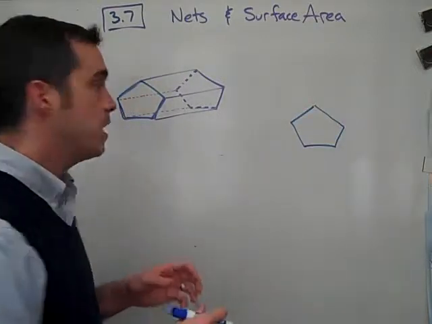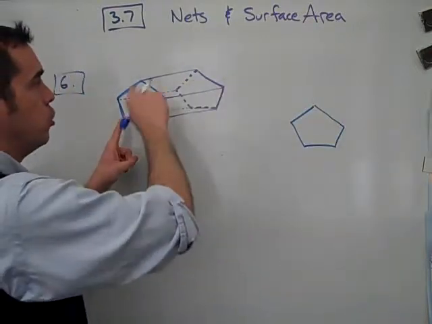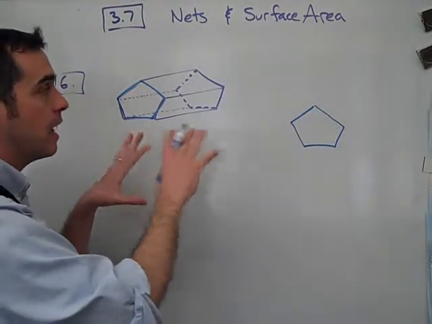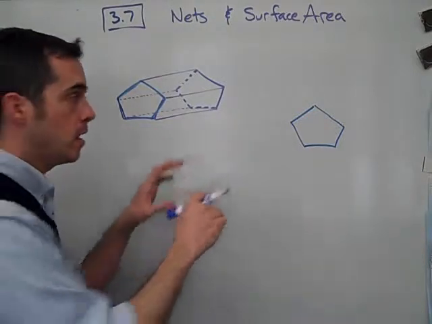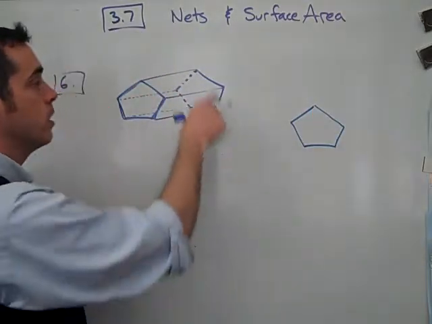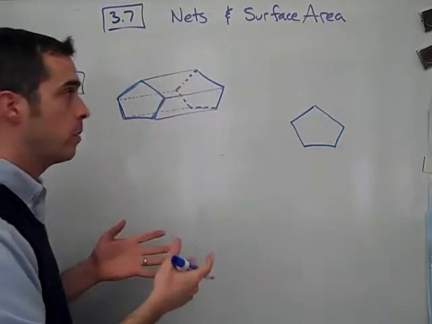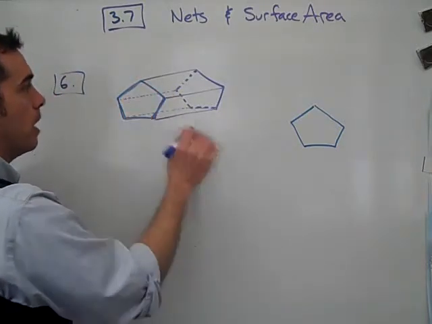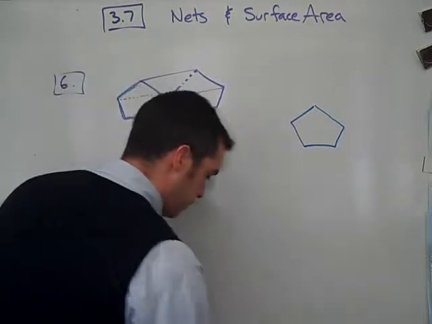The textbook describes a net as cutting along the edges of a 3D polyhedron, right? And then laying it flat so that it becomes a flat, 2-dimensional shape that can be folded back up into the original 3-dimensional shape. So I have my first base drawn, and now I'm going to start